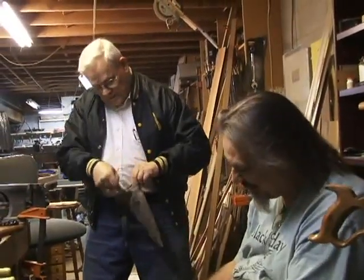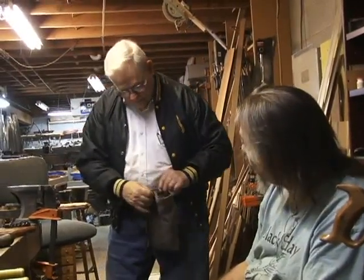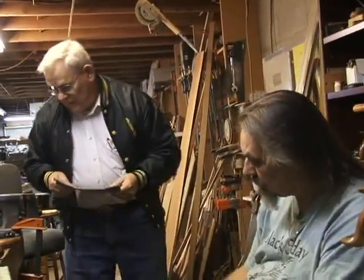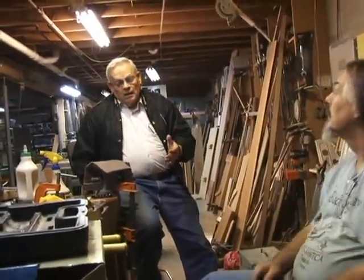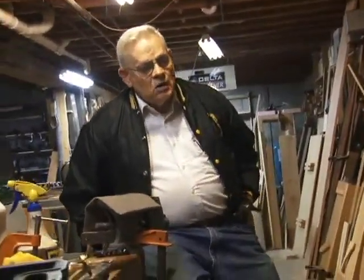Well, there's something more about Bob Baker and his repair work that I don't know how many people are aware of. Bob Baker used to do saw handles, repair saw handles. But he quit totally. He refused to do any saw handle repairs. And I asked him why, and he said, because it takes a great deal of time, and I charge a decent amount for my time, and in some saws, they're so bad that it takes several hours of labor, and the bill that I have to give people for that is worth more than the saw itself in a lot of cases. And if you give somebody a bill for $250 to fix a handle, they expect that repair